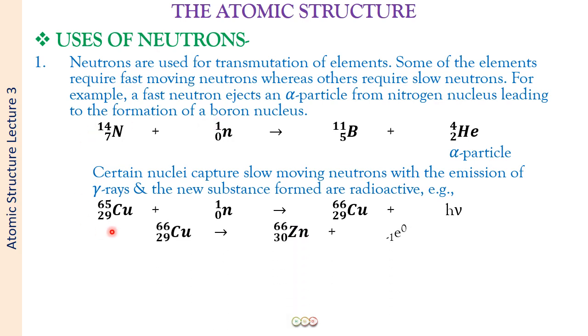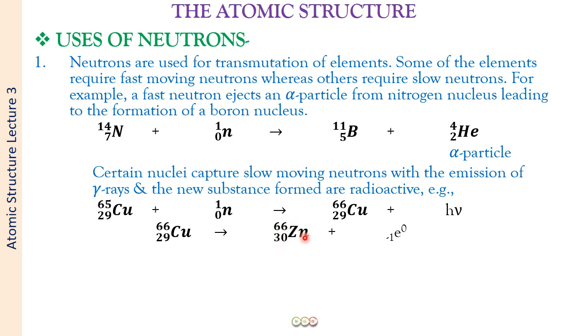Here copper 65, this is the normal isotope of copper. Copper 65 and copper 63, they are two stable isotopes of copper, and this, on capturing a slow moving neutron, forms copper 66, which is radioactive. Copper has around 27 radioactive isotopes, and this on further decay is going to form zinc 66, which is the